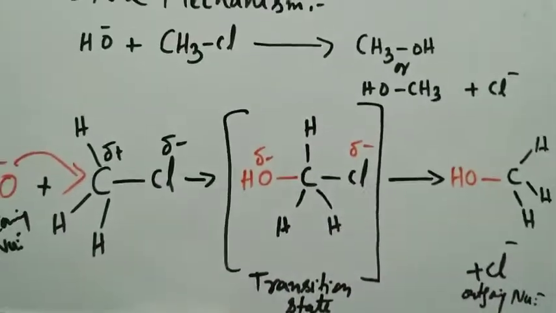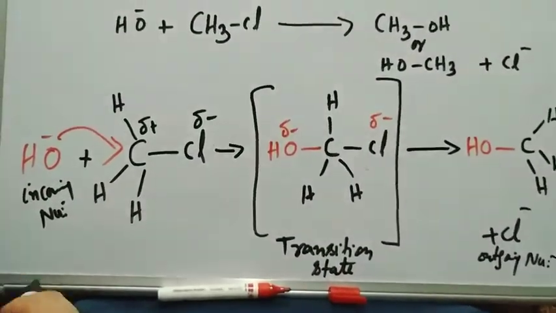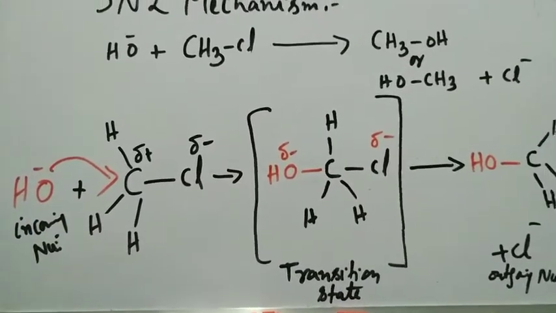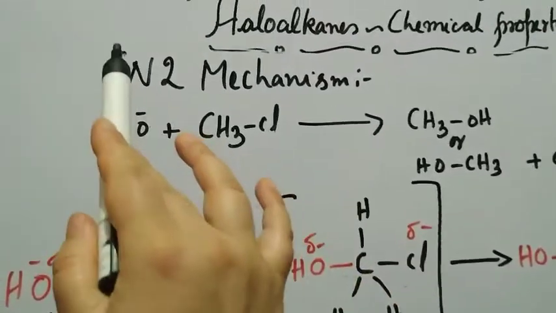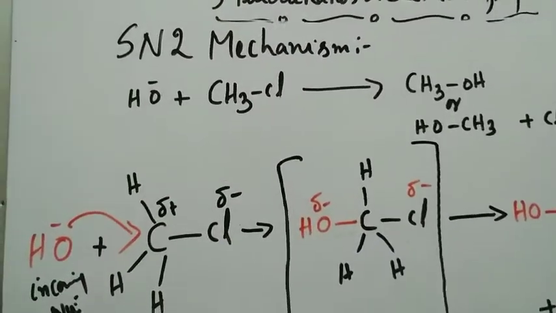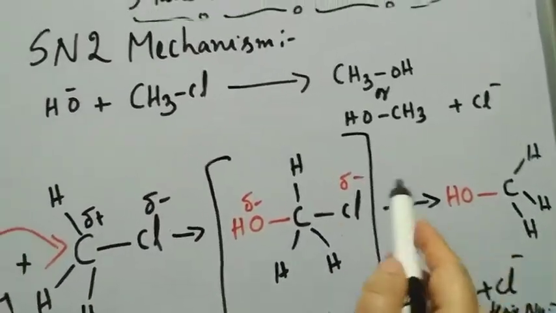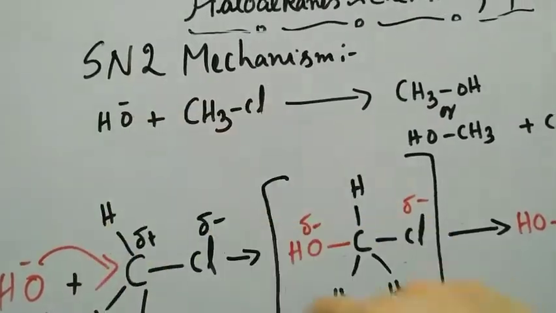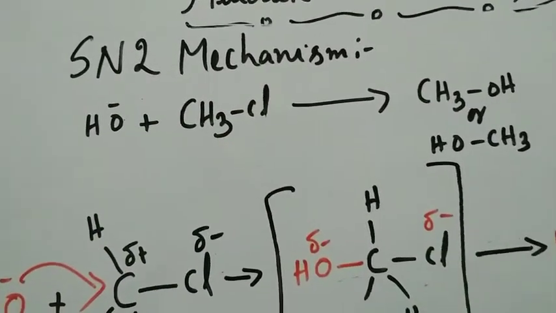So this is our nucleophilic substitution of halogen atom by OH negative, and the whole mechanism is called the SN2 mechanism. Why? S because it is substitution, N because it is a nucleophilic substitution, 2 because if we study the kinetics of the reaction,